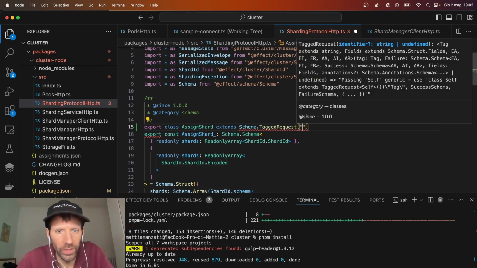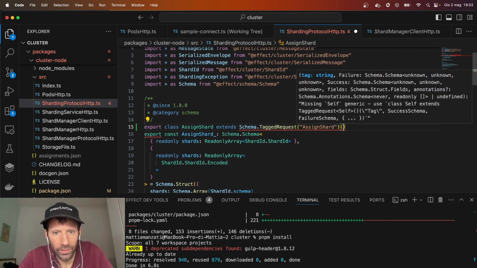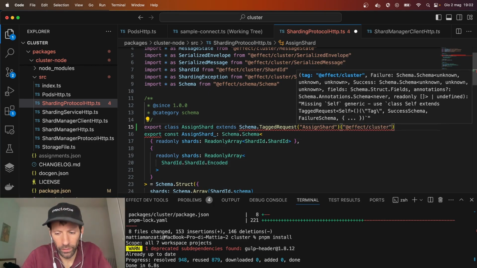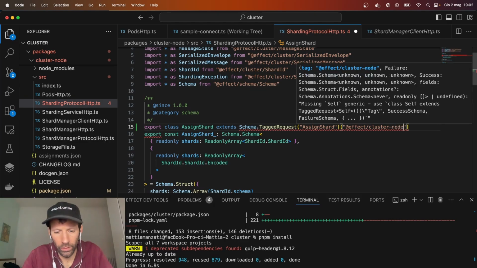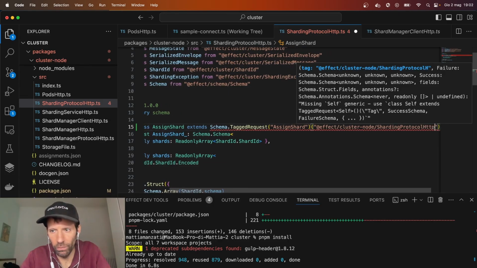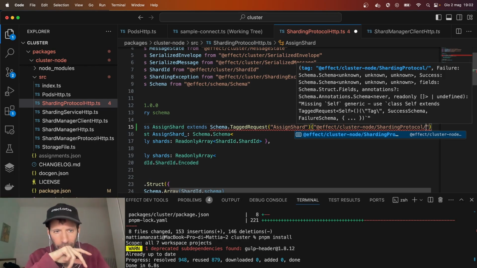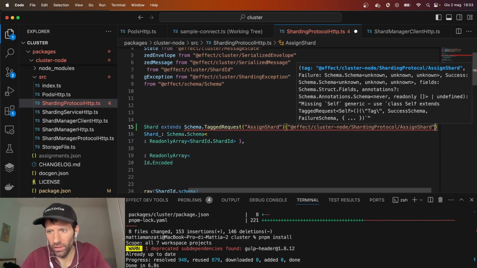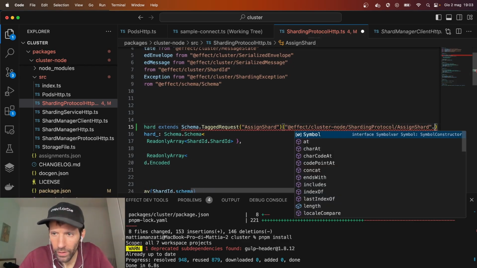The identifier should be something like assign shard, and now we have to provide a tag, which will use something like effect cluster node, and then sharding protocol HTTP, maybe just sharding protocol since we are dropping the HTTP, and then assign shard. That's very long, but to be honest, I like it. And then